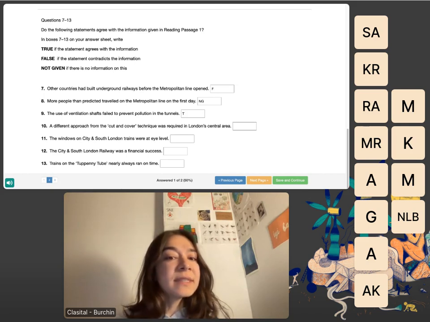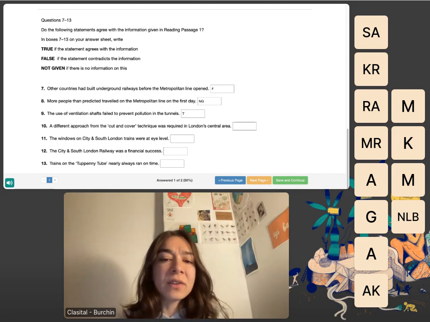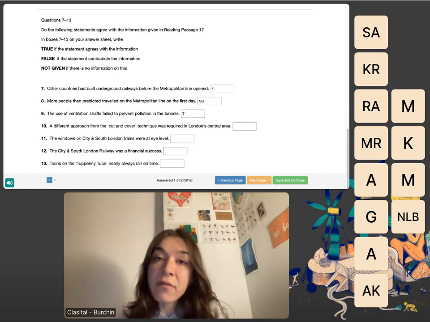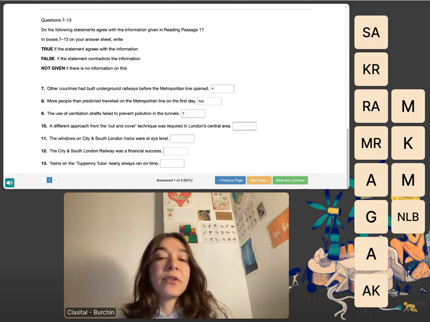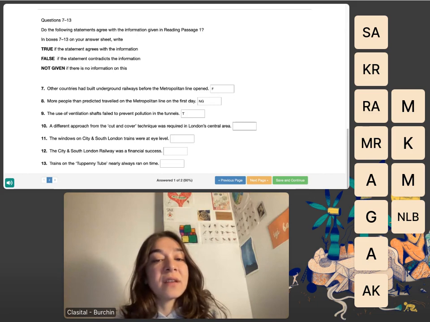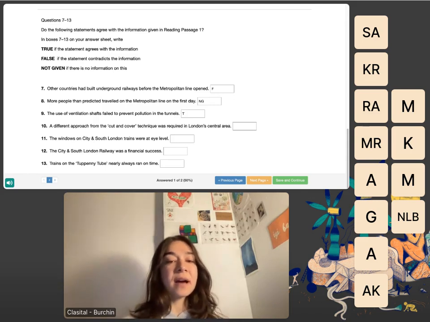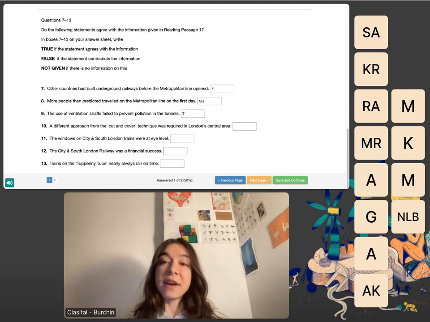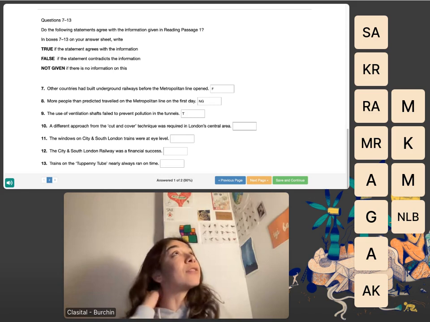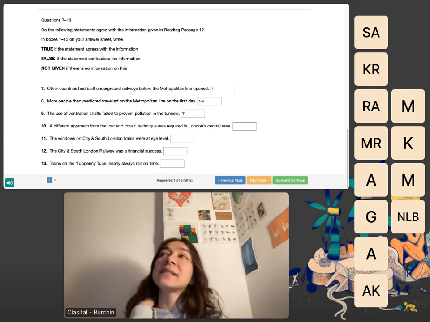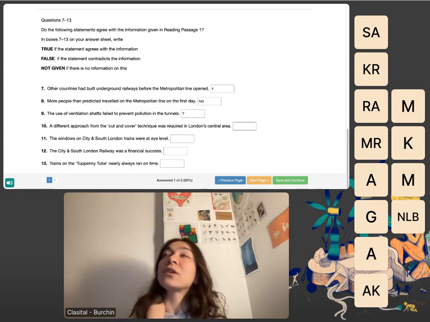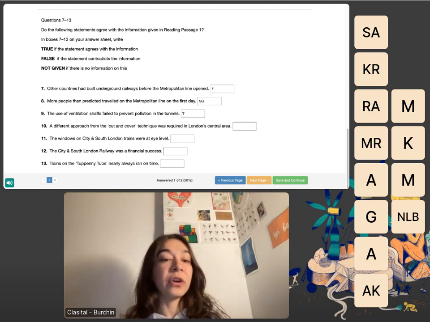The windows on City and South London trains were at eye level. Very specific keywords. The windows on the City and South London. Keywords. The City and the South London Railway was a financial success. I would expect a synonym or paraphrase version of this one if I were you. And in the 13, it says